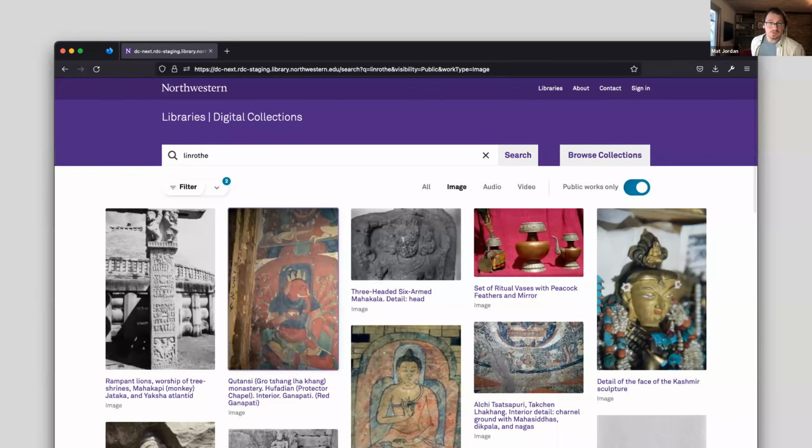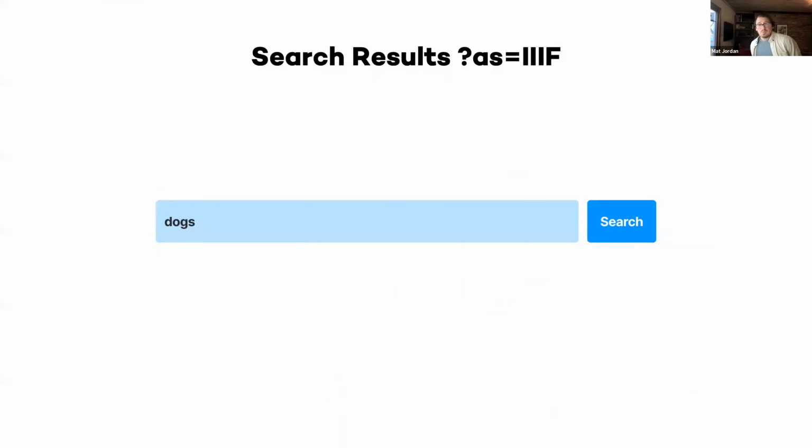Yeah, so we're also redesigning our digital collection site alongside building this API. And we're using that as IIIF model wherever possible to deliver data to the front end. And so here's a screenshot of our search results page that is under development. And we believe that the search responses rendered here can also be delivered by IIIF and not necessarily our own bespoke data model. So for example, if a user were to search for dogs